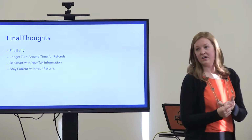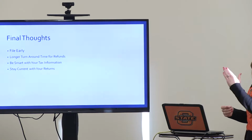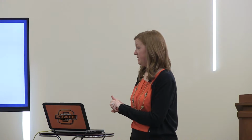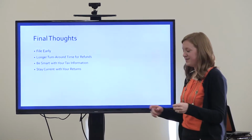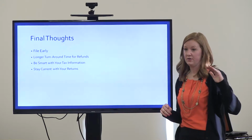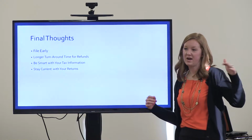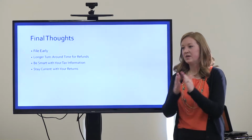With electronic filing of our tax return, when we submit a return, it gets accepted by the IRS in about 1 to 2 days on their end. If we do a paper copy, it takes about 6 to 8 weeks for that to get updated in their system. So electronic filing, unfortunately, has been identified as an area for fraud and theft. The IRS will accept the first tax return under a Social Security number. So if the fraudsters, if you will, file a made-up tax return under your Social Security number,